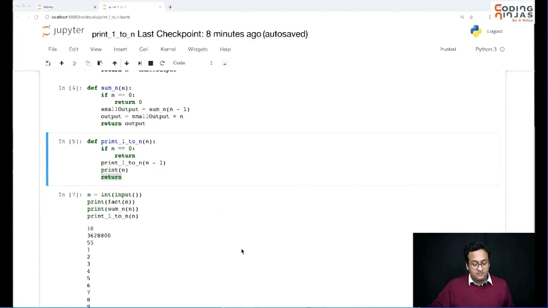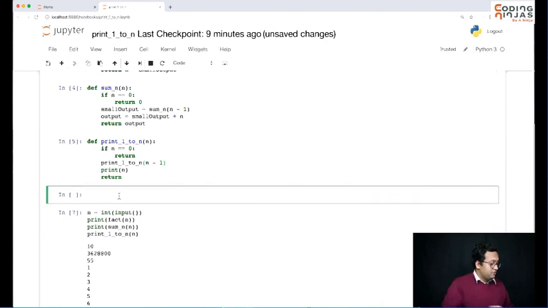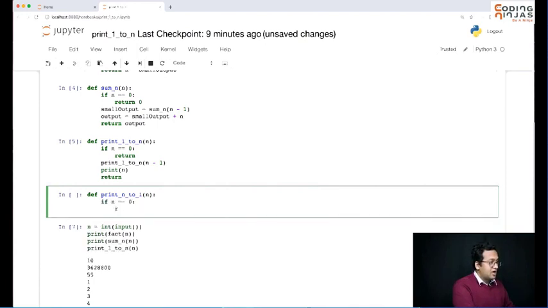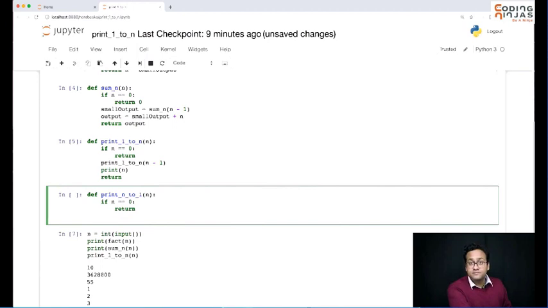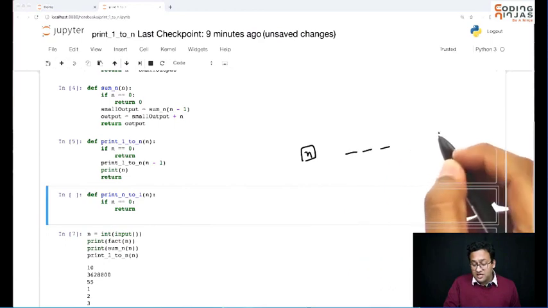Okay, perfect. So we have printed from 1 to n. Now I want to print n to 1. The reverse printing. Okay, it's actually going to be very, very similar. I want to print n to 1. So again the base case: if n is 0, I'm going to return, I'm not going to do anything. Now, you have to print from n to 1, right? That means n should be printed first and then the last one should print 1.